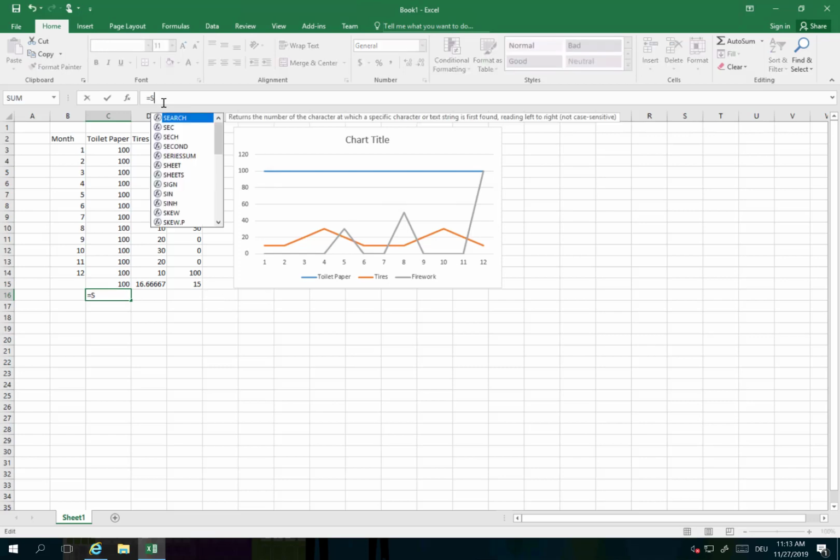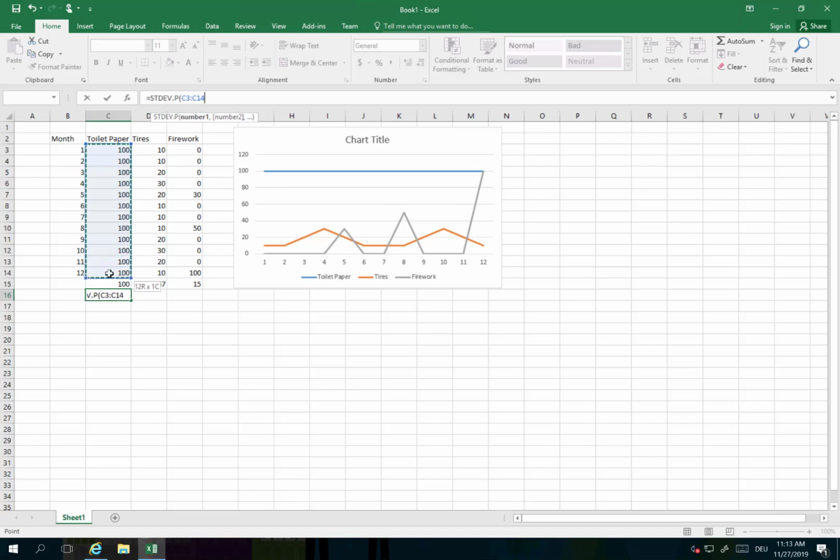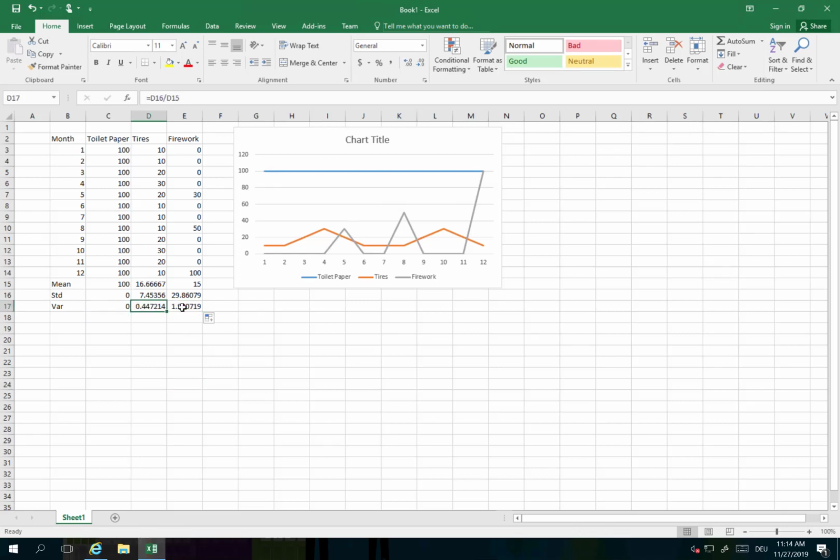Now we need the standard deviation. The standard deviation gives you an idea about the variance in your data. And not very surprisingly, the standard deviation here for toilet paper is 0. The standard deviation for tires is 7.4, and of course the standard deviation for fireworks, which has a very high variance in sales, is about 30. So this here is the mean, the standard deviation, and the coefficient is defined as the standard deviation divided by the mean. This gives you some calculated values here,